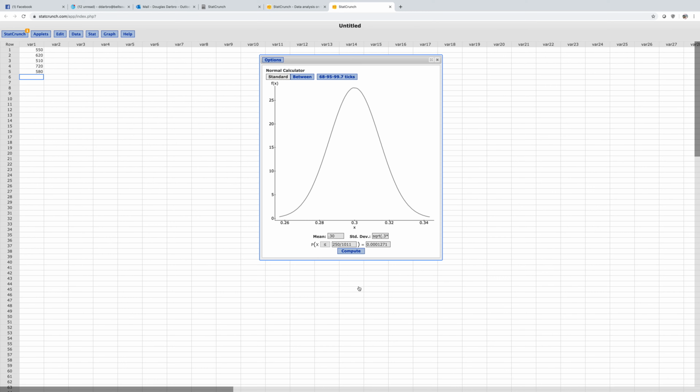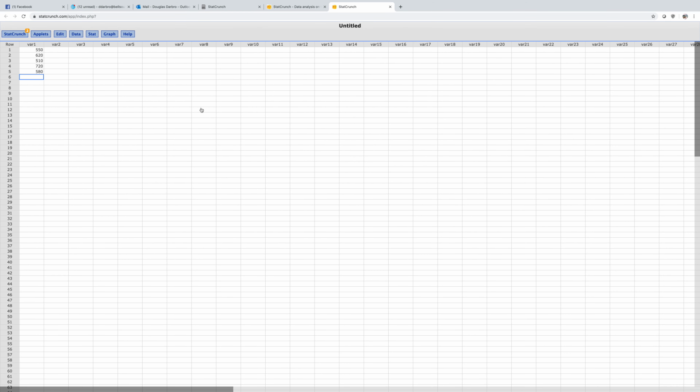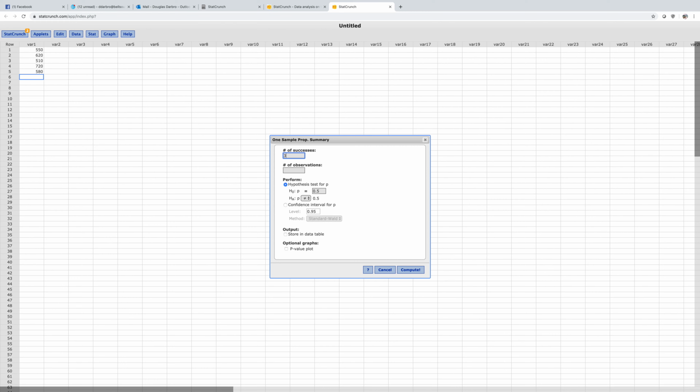All right, B, the data finds that 300 of those sampled; construct a confidence interval. I was slightly confused because I noticed a lot of you working on this problem and you used the confidence interval formula. That's perfectly fine, there's nothing wrong with that, but I'm going to do things the easy way. I'm going to go to proportion stat with summary, and type in 300 there, type in 1,011 there, put the confidence level as 0.95, and make sure standard Wald is selected. So guys, the confidence interval is given right here,